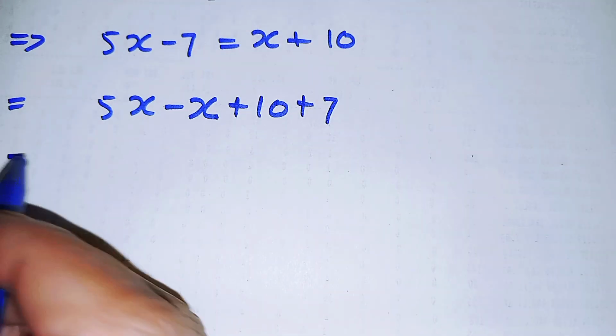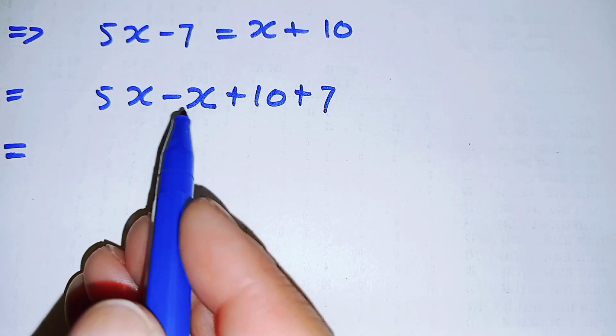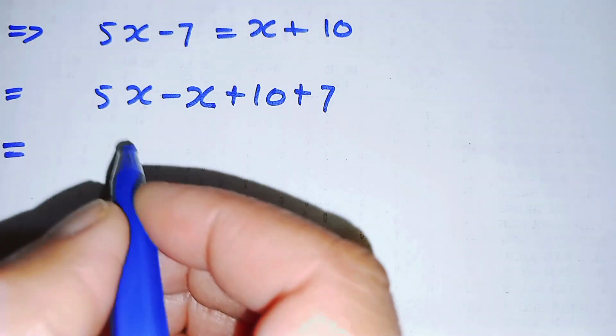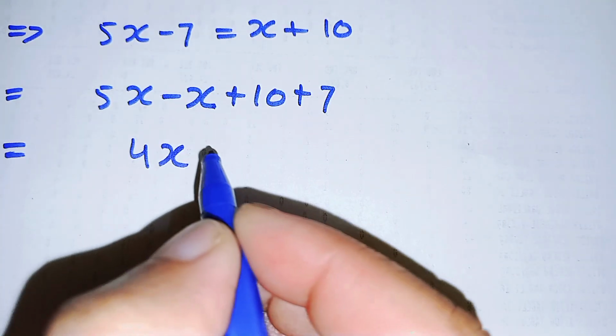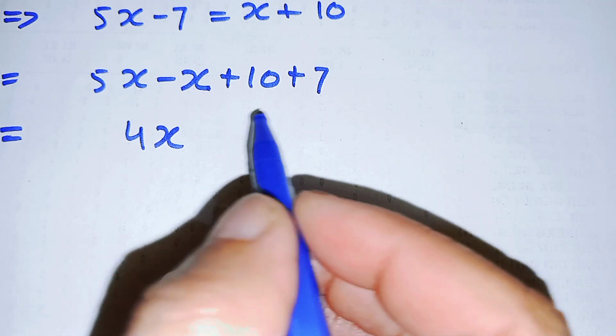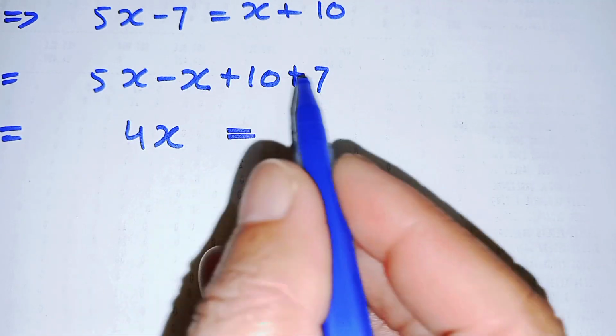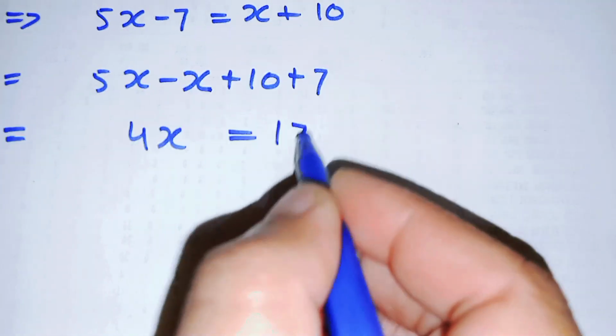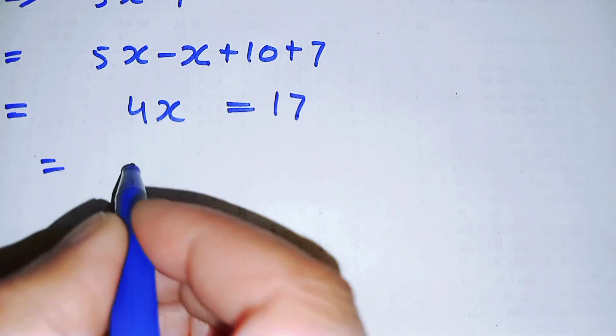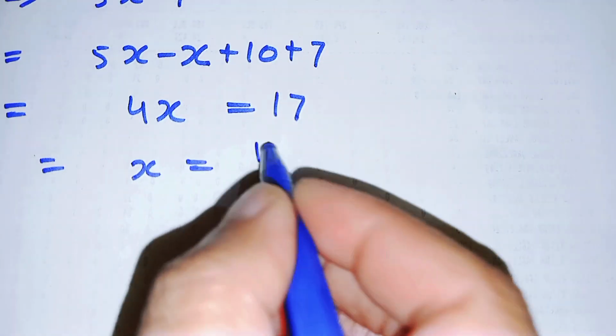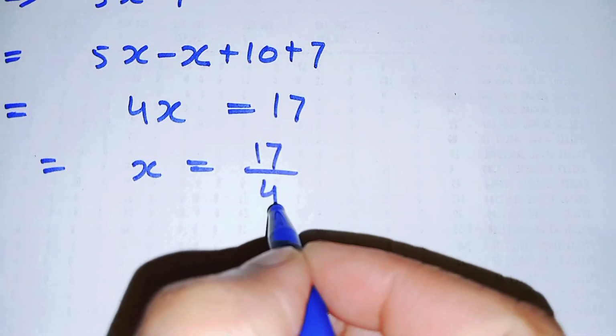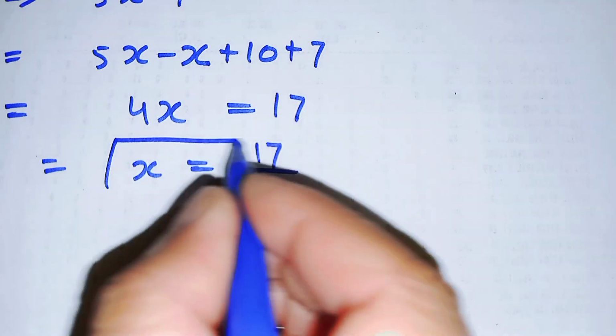So here this 5x minus x is equal to 4x, and this 10 plus 7 is 17, and here x is equal to 17 over 4, the value of x,